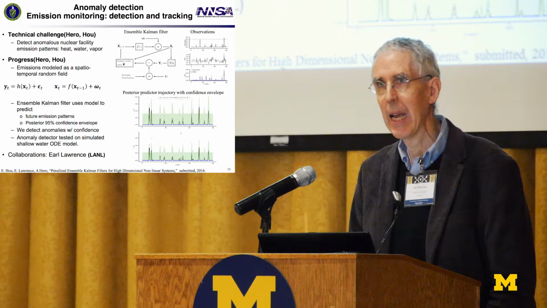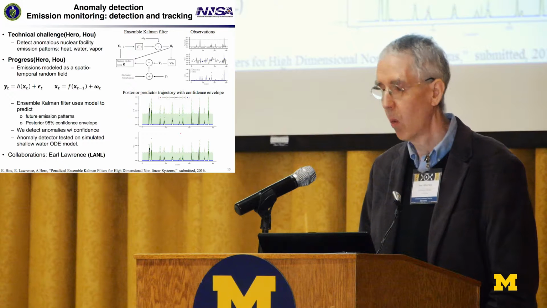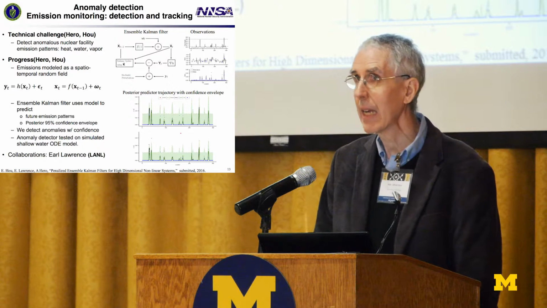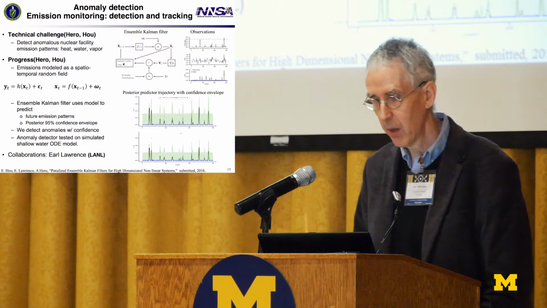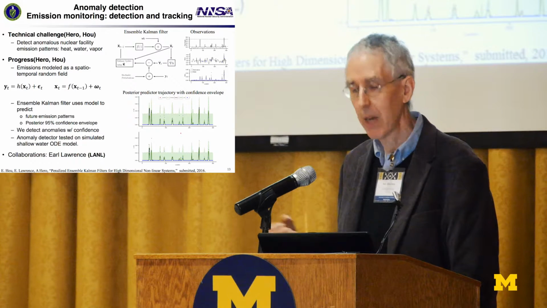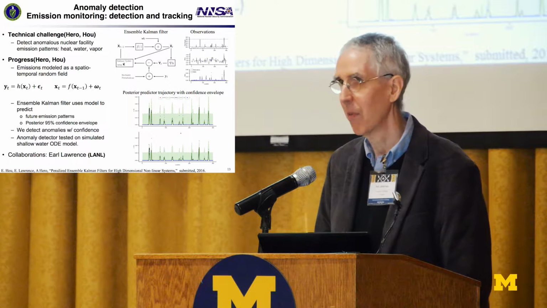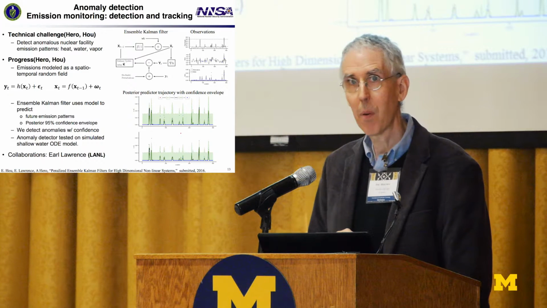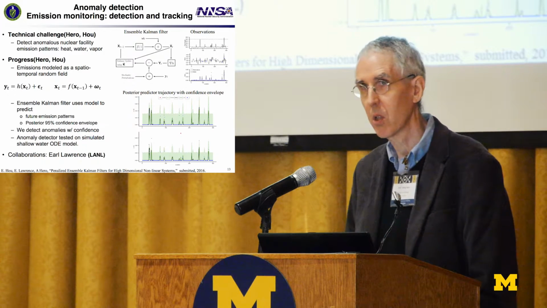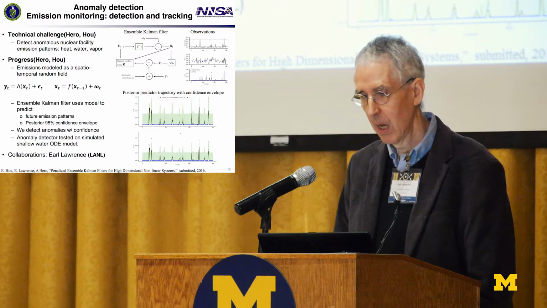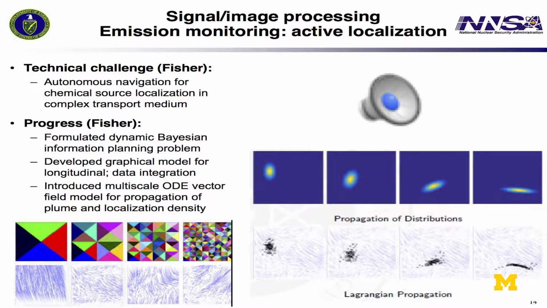It's simply using a shallow water model for detecting atmospheric or water releases and tracking them over time and looking for anomalies in terms of rates of release over time in a Bayesian context, so that you can actually assign probabilities to your anomalous observations. If they have a very low probability of being consistent with your previous observations as predicted by the model, in this case we use an ensemble Kalman filter, which is a non-parametric Bayes version of the standard Kalman filter, well then you know that you have an anomaly with high probability.